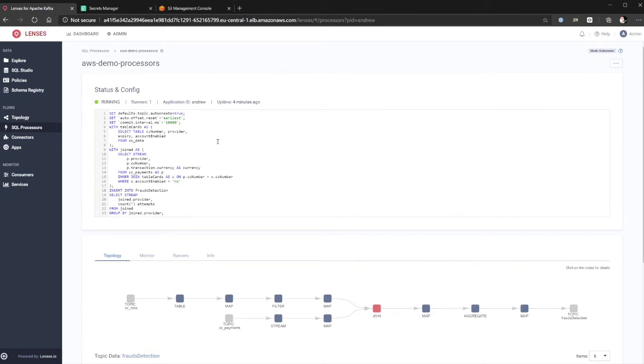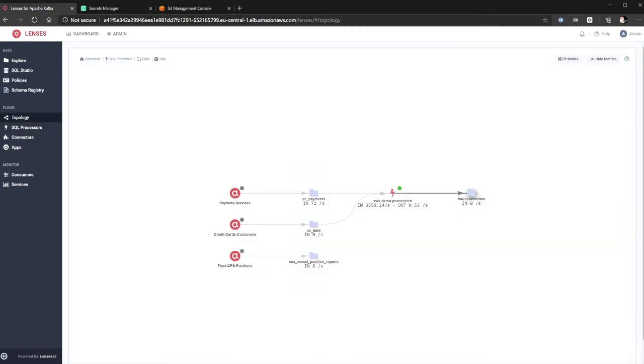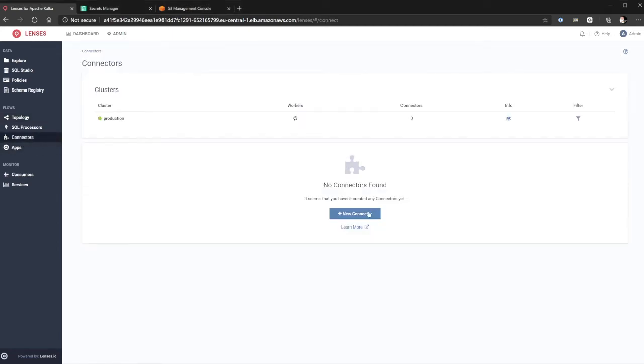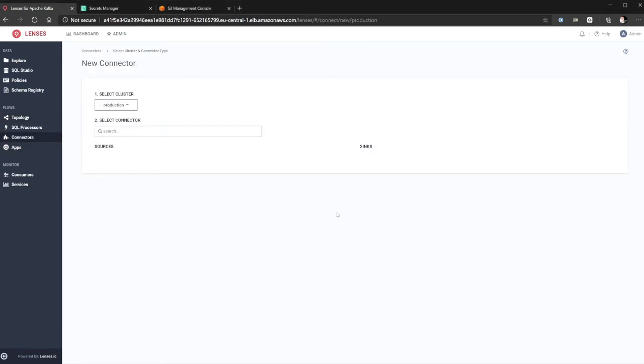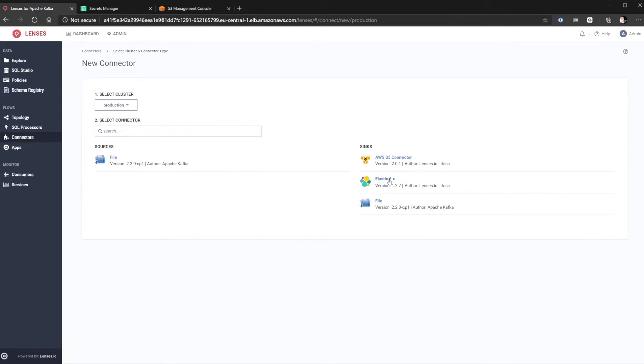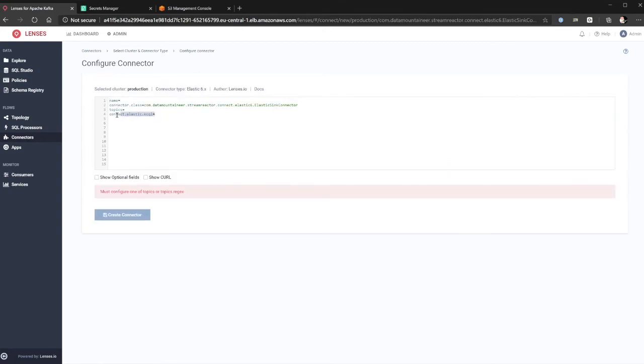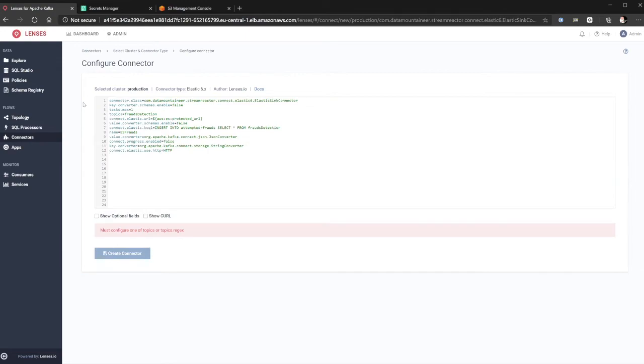and have it monitored via Lenses. What we can also do here is take this data out and write it out to a target system. So, for example, let's say we want to write this out to Elasticsearch, and that's also a service provided by AWS. What we can do is come into the connect page. Here we have the connectors that have been deployed in the Kafka Connect cluster, and the plugins. This Elasticsearch one,